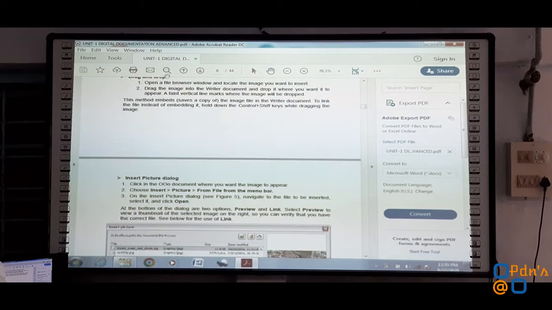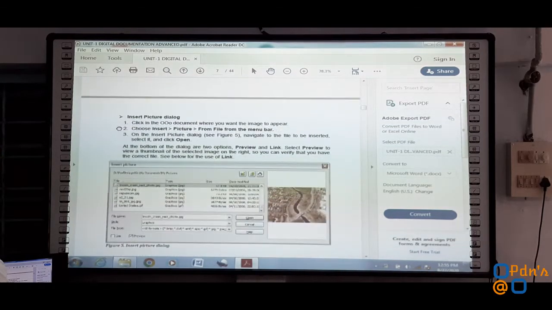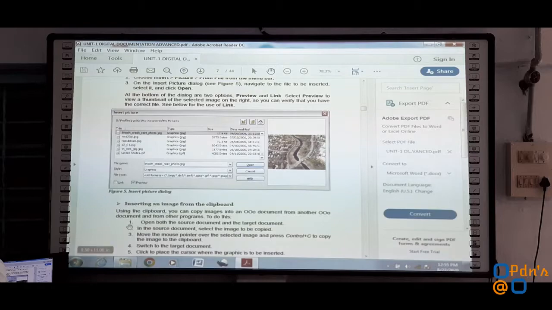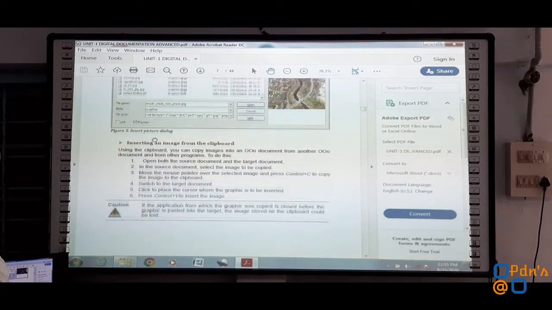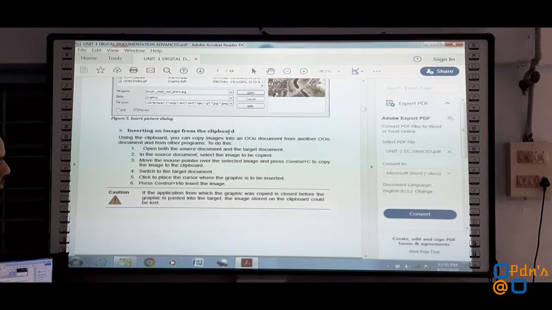The second one is the insert picture dialog, and the third topic which we discussed was inserting an image from the clipboard. How an image can be inserted using the clipboard.